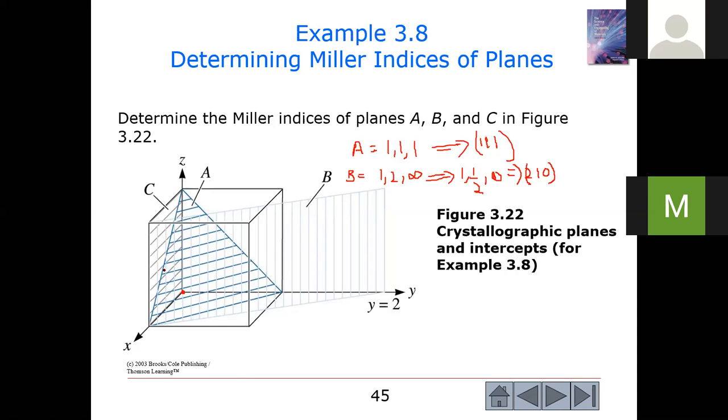Okay. C plane. Look at this C. C is actually this face, right? So the first thing that we need to do is, because we have the origin on this face, we have to move the origin to here, right? When you move the origin here, this becomes your Z. This is our Y, and now this is your X. So for C,